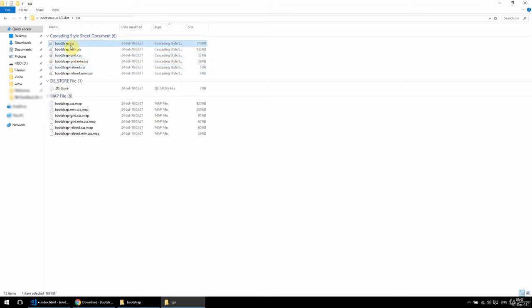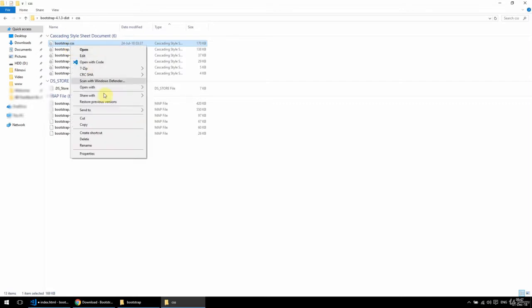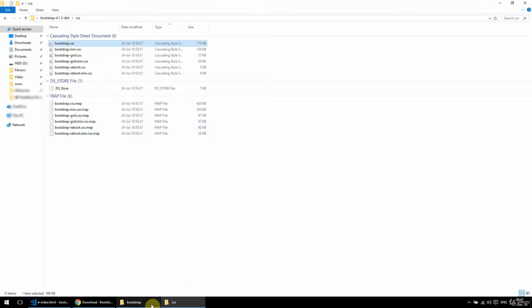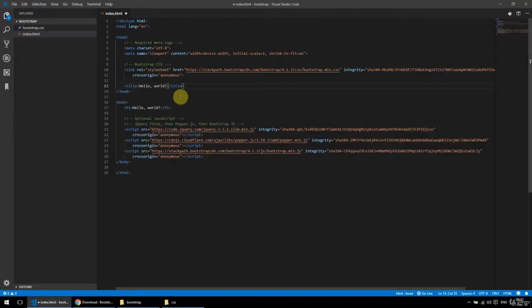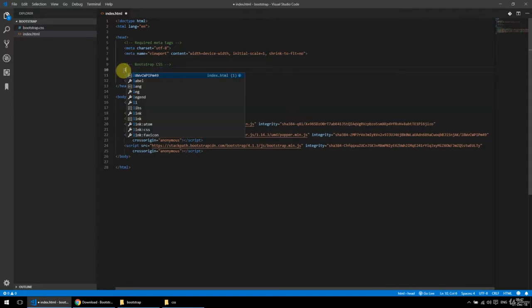So I'm gonna copy this Bootstrap CSS and paste it in here. And in my index.html, I'm gonna get rid of this and include the CSS file.